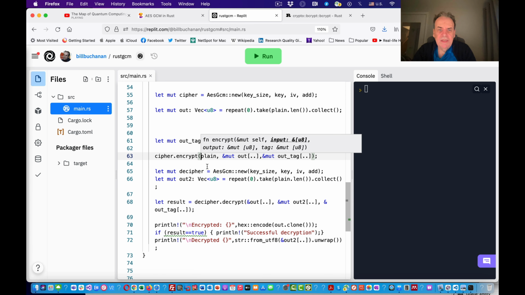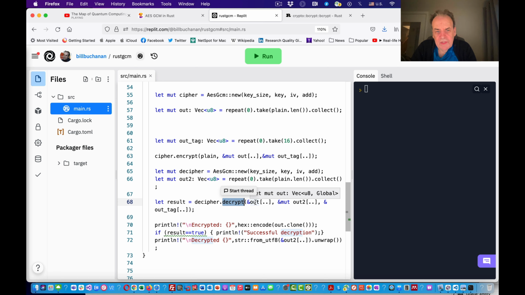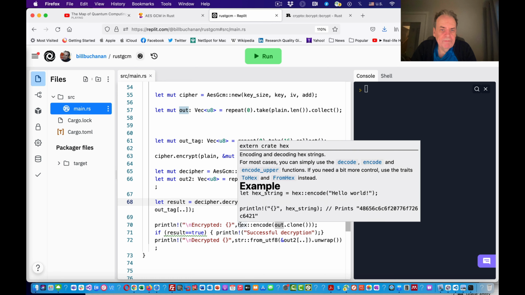Okay, so then we've got our encrypt method in here to be able to encrypt, and we're taking in some plain text as a byte array. Then we have an output, again a pointer to a byte array, and then we're getting a tag out. As I said, we're using AEAD to create our authenticated encryption, and we're getting that out as an output tag. Okay, then we can just decrypt, and this time we'll create the cipher again with the key, and then we'll do our decryption to give us our output from there.